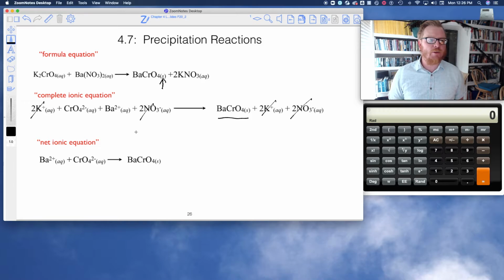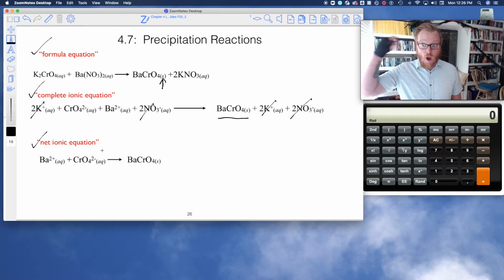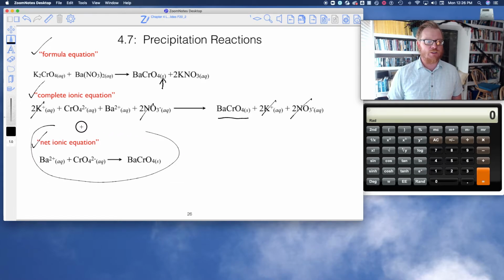So I know I don't have the learning goals up right now, but this is definitely a learning goal to be able to do all three of these things. Be able to comfortably write all three types of equations, the formula equation, the complete ionic equation, or the net ionic equation, okay? And you can see that really, if you start with the formula equation and you feel pretty good about that, you can work your way through the complete ionic as well as the net ionic. But our goal for you is to be able to just look at a precipitation reaction and get the net